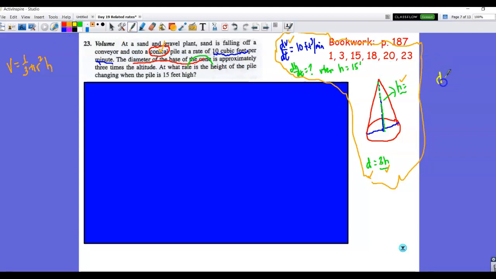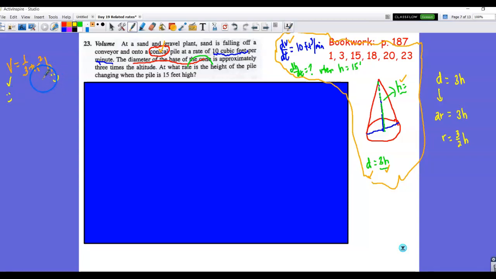So let's come over here and take, out of the box of knowledge, we know that the diameter is 3 h's. We know from geometry that a diameter is 2 radii put together. So in place of D, I'm going to substitute 2r equal to 3h. Therefore, that'll allow me to divide both sides by 2 and get r equal to 3/2 h. Now that's really important because over here I have 2 variables. Well, I have 3. I have a V, but I know something about V, so that's a good thing. I have an h, and I know lots of stuff about